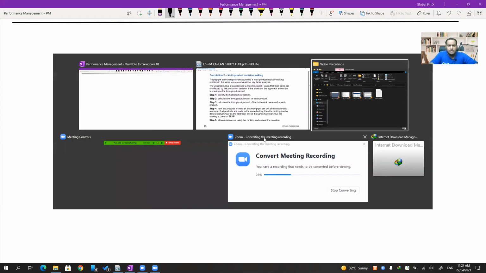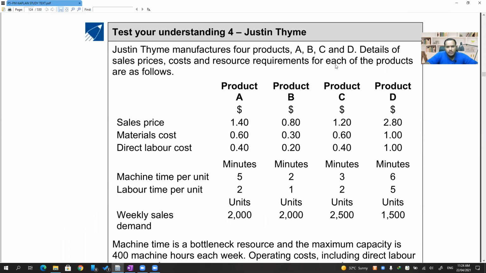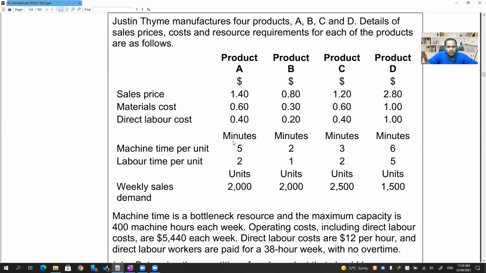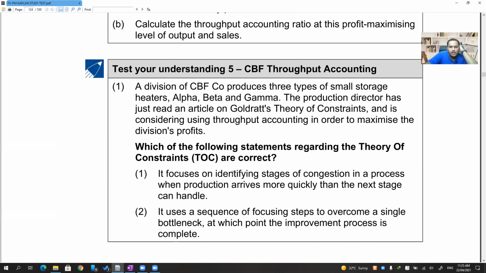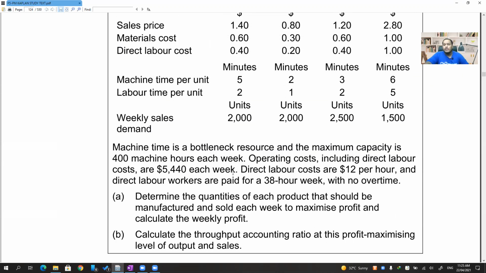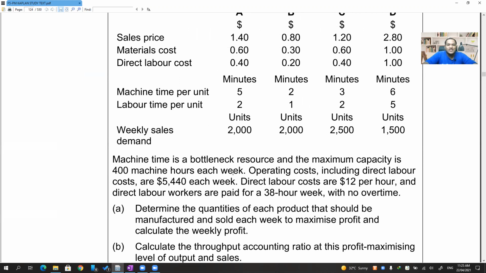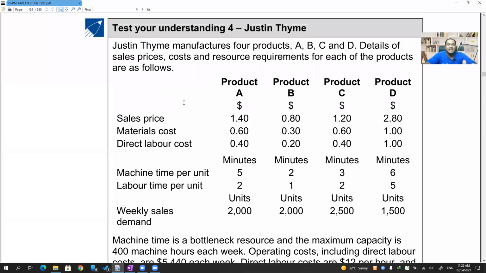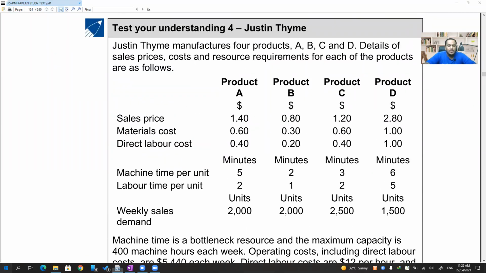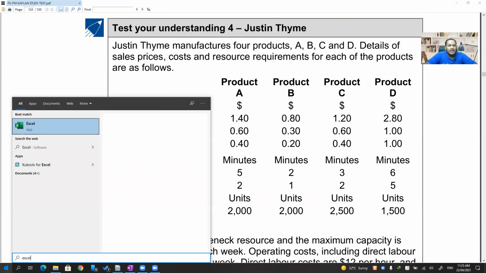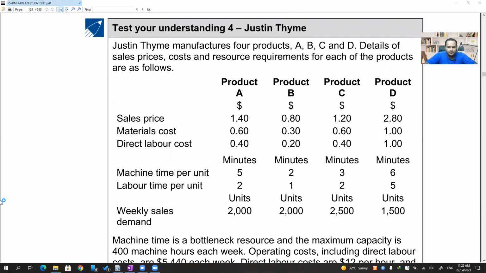Okay. I think the question itself should be like that only. Let me confirm once. Material, labor. Machine time per unit, labor time per unit, weekly demand is given. Oh, this is a good question. So let's do this question very quickly. I told you I'll not do questions from your textbook, but at least some questions are required to be done, ma. Then only you will get the concept clearly. So let me do this question very fast. Okay. Excel is there. We love Excel. So let's do that in Excel.